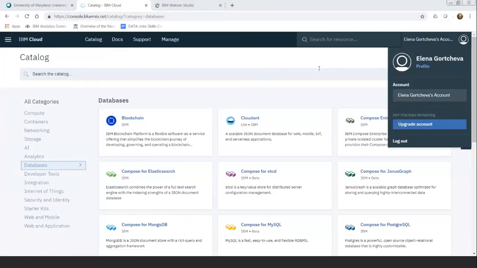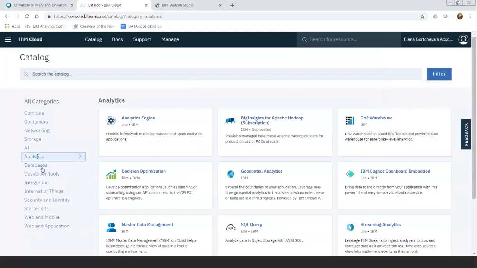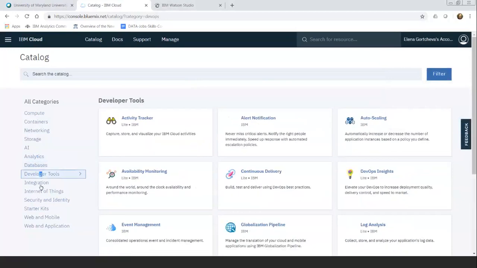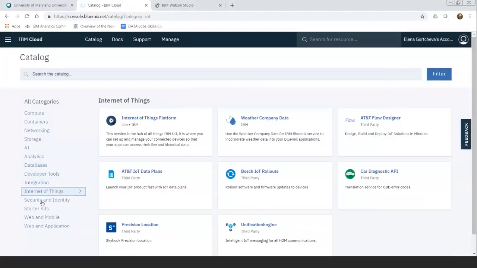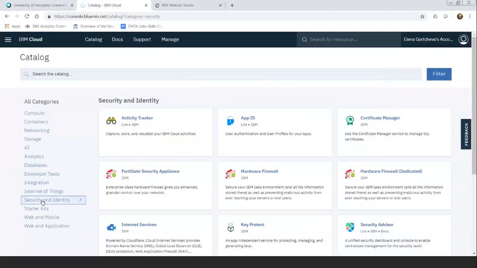What is this cloud? This is a general industry used cloud of IBM where there are hundreds of services, analytics, database, developer tool. You can explore all of them. So this is for any type of professional which can use the cloud. That is what is the IBM Cloud, and that is your initial sign up. You sign it up and you obtain 6-month trial account for free. And you have access in most of the resources here in any of the category.